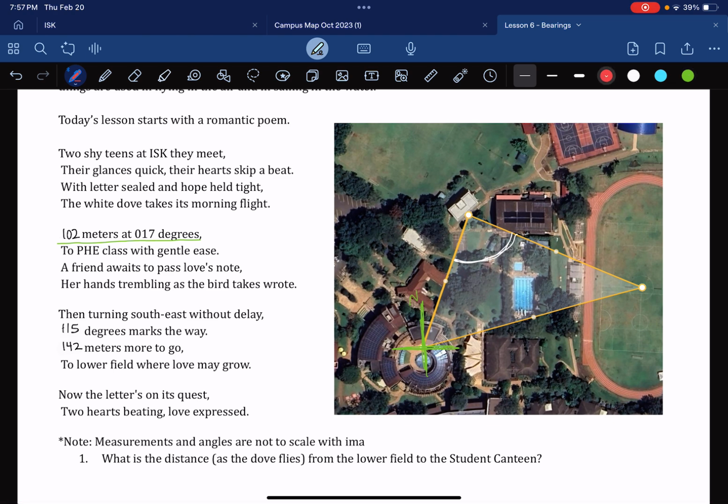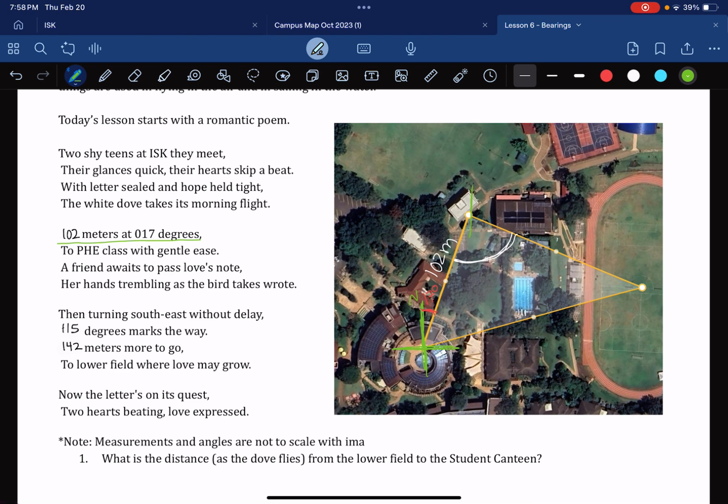So this angle created right here is 17 degrees because it says 17 degrees and it has to start from north. My distance that the dove traveled first was 102 meters. So that's the distance of this part of the triangle. Then from the PHE class,